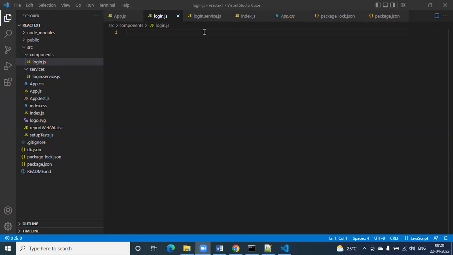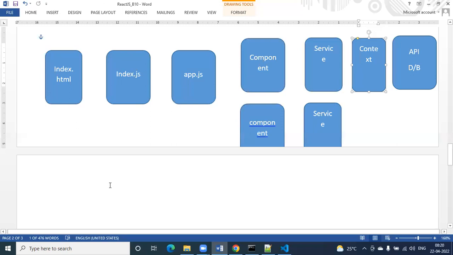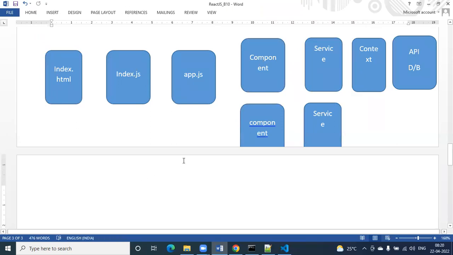Is that clear how the architecture and application flow? Next, we will see how to add third party libraries, or rather how to add Bootstrap, and then we'll create a component or a function. Next, add third party